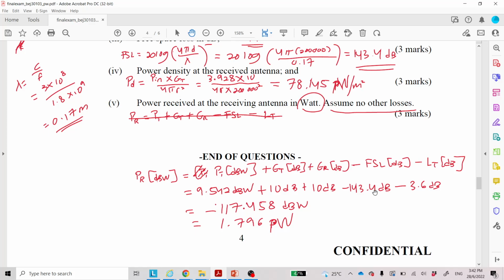And I suggest you practice answering the previous semester final exam questions, because I can say that many of the questions are repeating questions where we only change the values. So what's the strategy? I suggest you